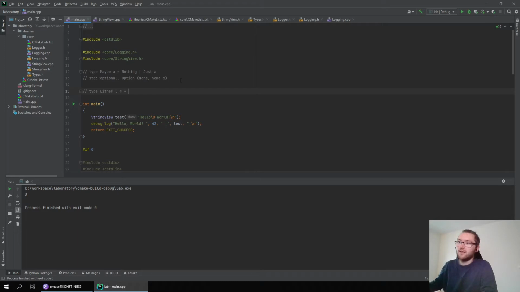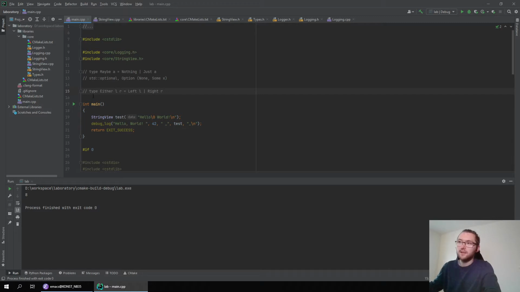The type differentiates if you have an error or a success value, and the constructors are called Left and Right. You use the Left constructor if you would like to construct an error. You use the Right constructor if you construct a successful value for this Either.